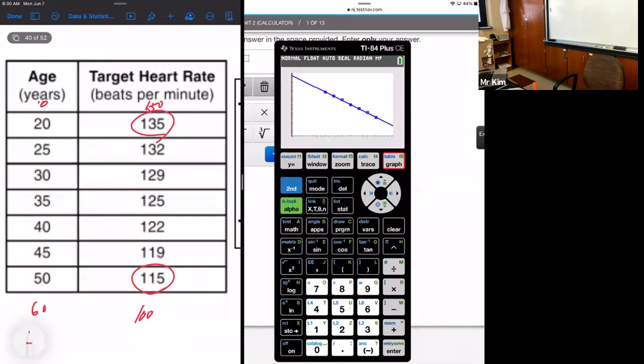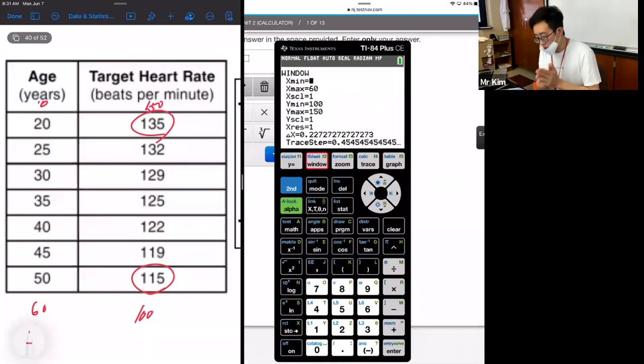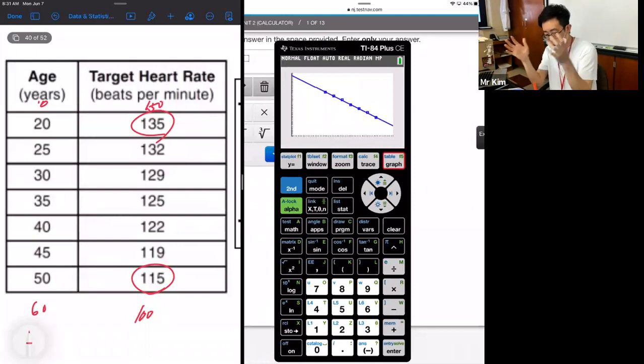Pretty. Well done. All right, so what you want to do is measure the correlation coefficient. Now I went through every single one of you guys, and if some of you are still struggling with this, that's fine, but just write down the data and change the windows. There's a lot of steps, I get it. The only way is I'm going to give you practices after practices and make sure you get the steps down. For every single one of these statistics, you want to have the window settings appropriately set so that you can see the scatter plot shown on your calculator.